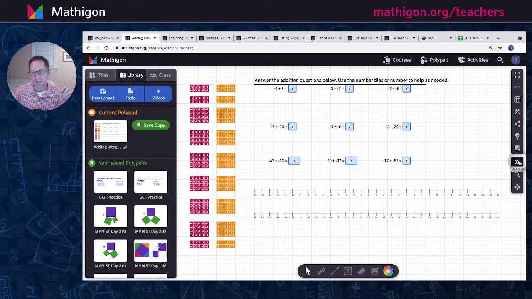We'd have little baggies of them, we'd combine the chips and flip them over, do it for about a day, day and a half, try to make really good meaning of what the negative ones and the ones mean. I'd put them on the shelf. I would say to kids, anytime you want to use them, go grab the bag, right? You can use them on assessments, you can use them on classwork, you can bring it back home, whatever you want. And even the kids that hadn't abstracted the ideas yet would still never go get the bag,